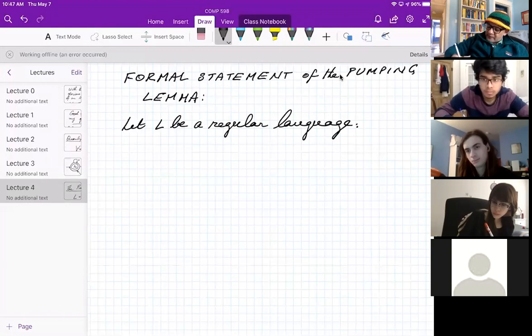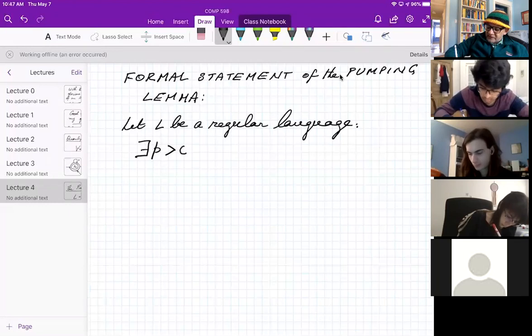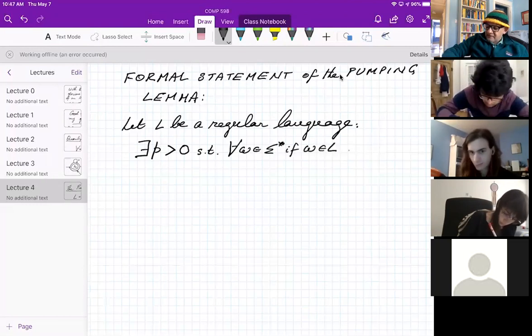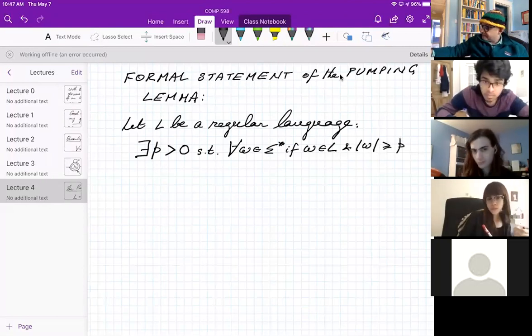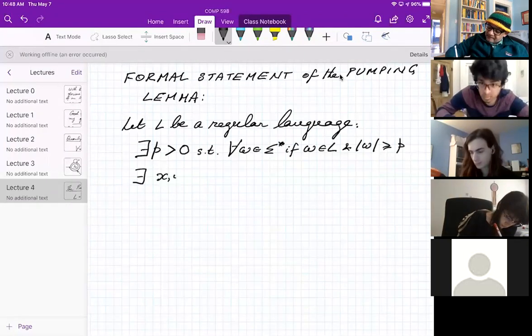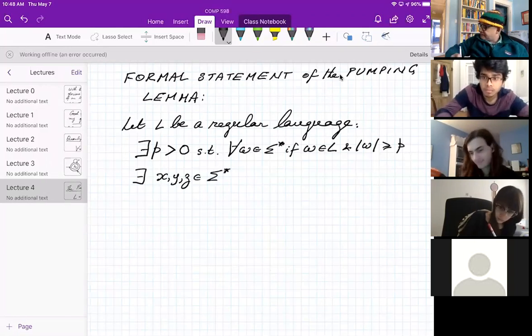Let L be a regular language. There exists a natural number P strictly greater than 0, such that for every word W in sigma star, if W is in L and length of W is greater than or equal to P, there exists X, Y, Z, so three strings in sigma star, such that